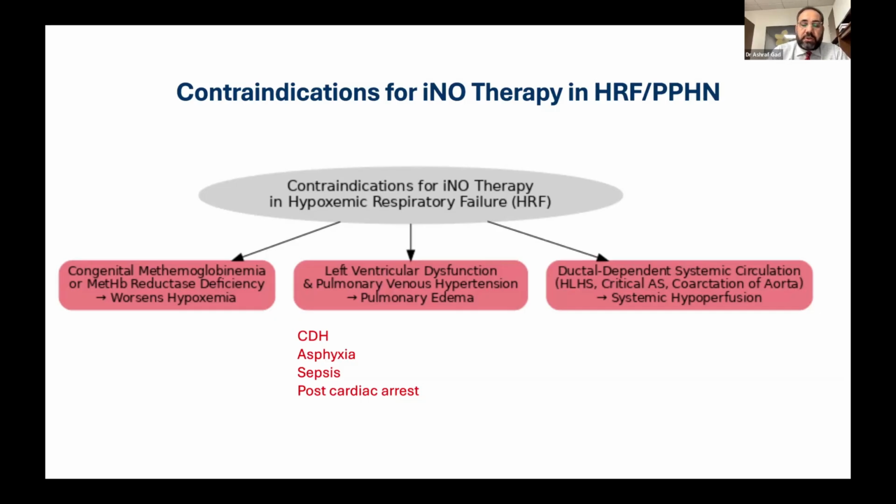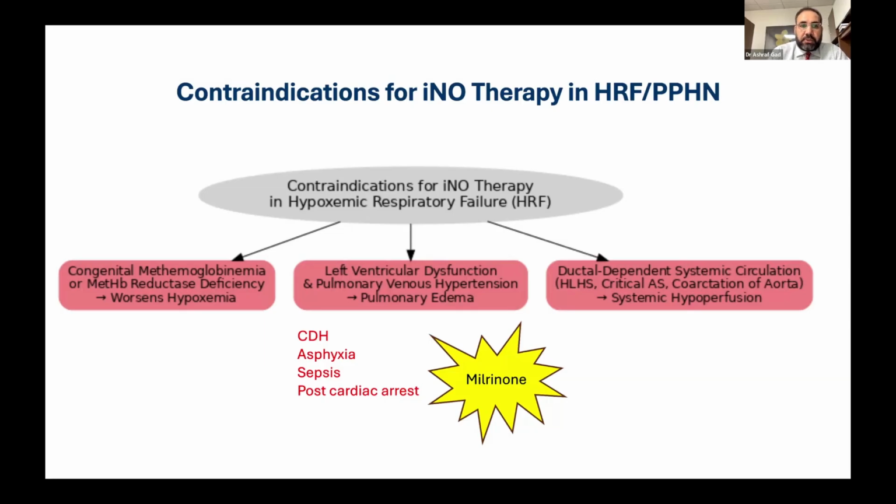Babies who have left ventricular dysfunction are listed here, like babies who have congenital diaphragmatic hernia, asphyxia, sepsis, and post-cardiac arrest. But in those cases, milrinone could also be another option until you fix the left ventricular function. So we have to be very diligent and know our babies. Some of us would use nitric oxide empirically, and some protocols have mentioned that if you don't have an echo, you see the response and how the baby is doing, and based on that you would